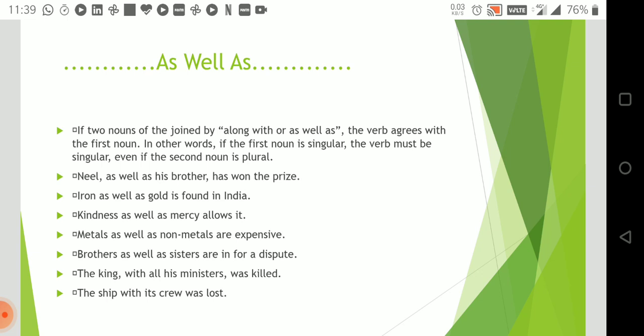Neil as well as his brother has won the prize. She as well as his sister is well educated. On the other hand, she as well as his sisters